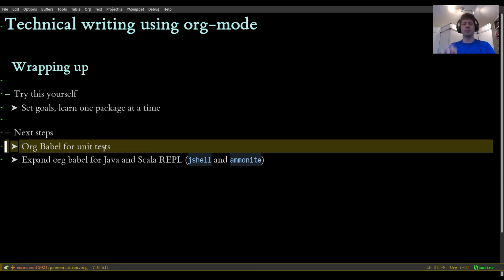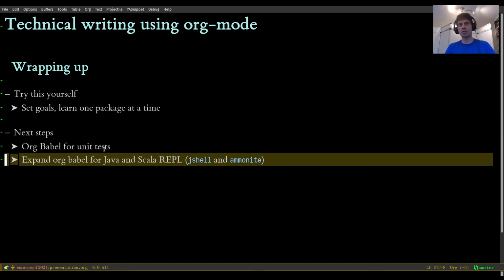More things I will be looking at is using this concept to write unit or integration tests. You can imagine if you have documentation in org mode that describes your service as a function of its REST API, you may want to actually run all those commands as part of your build and check if all the documentation is still in order. I'm not doing that yet, but I'm definitely looking into that.